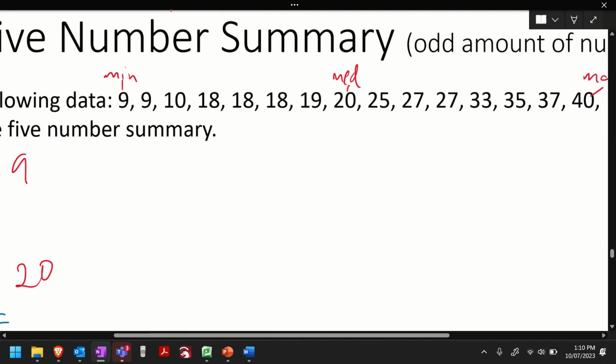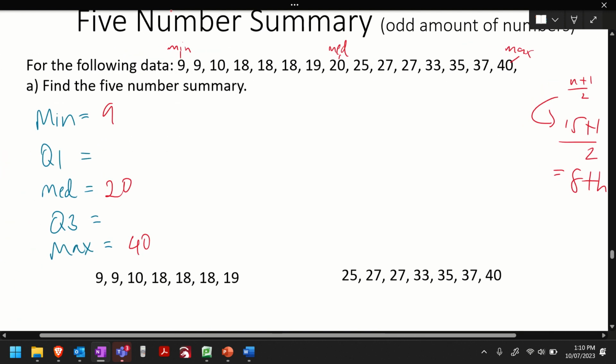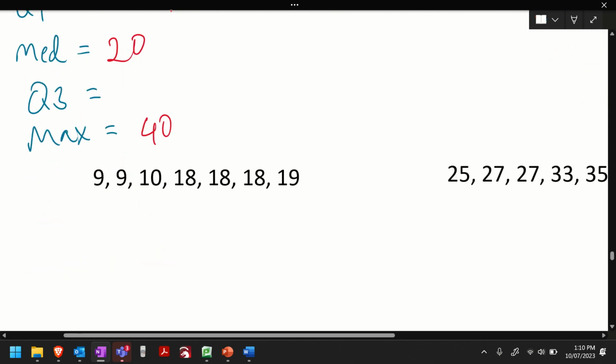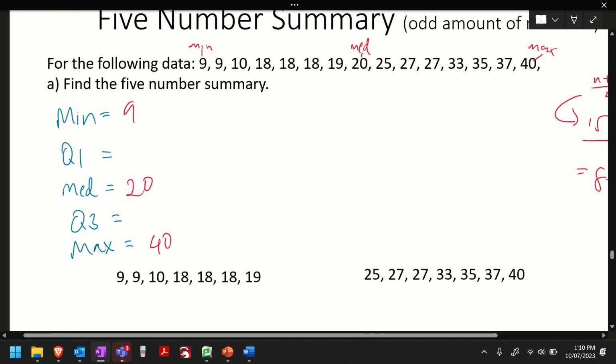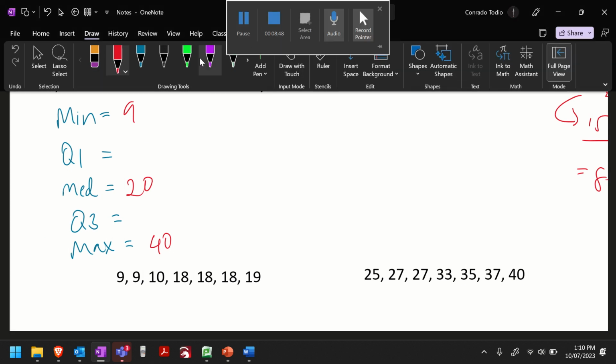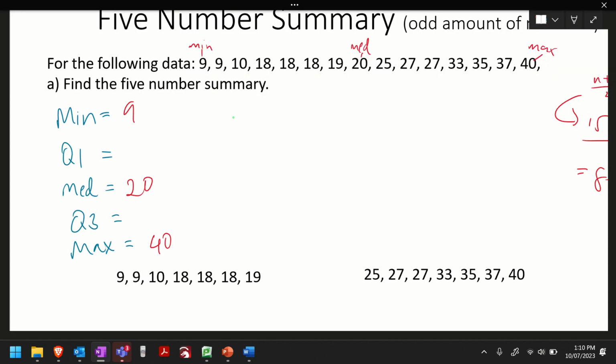Okay, what is Q1? Good question. So remember, with the Q1, you've split your data in half. The Q1 is the middle of the lower half. So I'm not sure if it's listed in there, but here's the lower half of the numbers. Now here's the thing, yeah? When it comes to Q1, you don't want to include the median. Okay, and what do I mean by that? Look at the lower half. If your median is right there on 20, when you're looking at your lower half, it's only these numbers. Okay, you do not include the median. Keep that in mind. Do not include the median when you're looking at Q1.